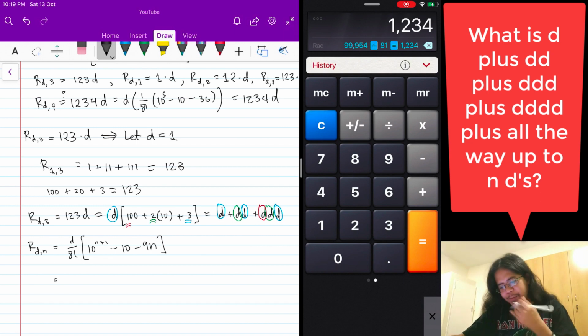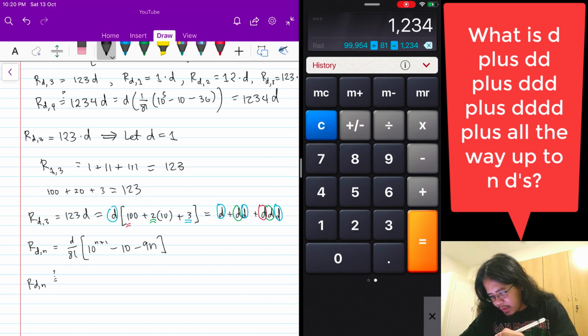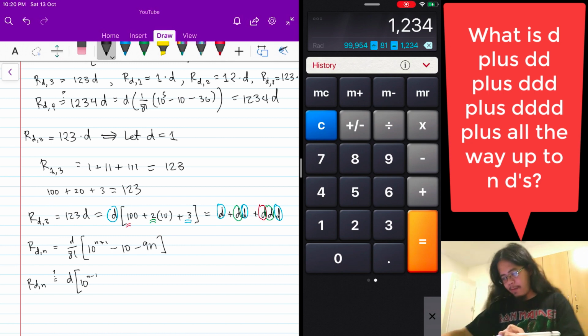However, from the pattern that we just saw, this means that in general it is of the form, let's put a question mark because we're not sure, D multiplied by 10 to the n minus 1